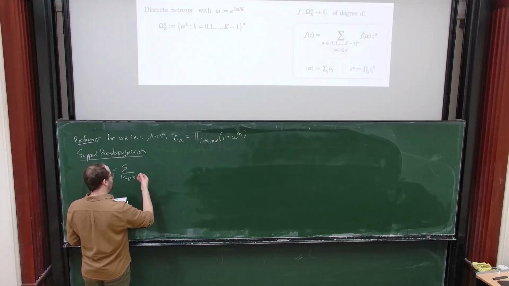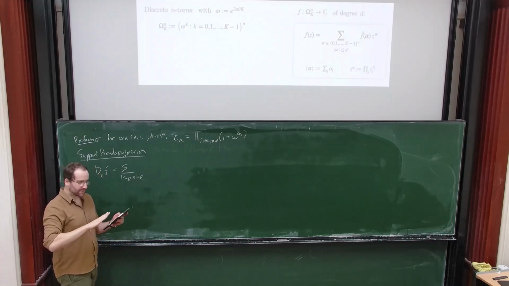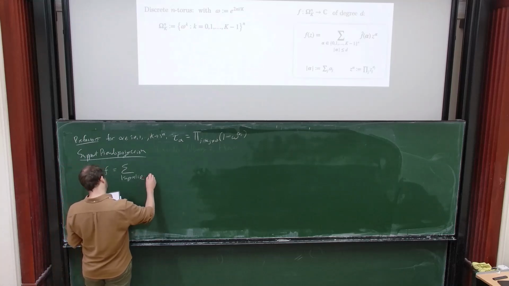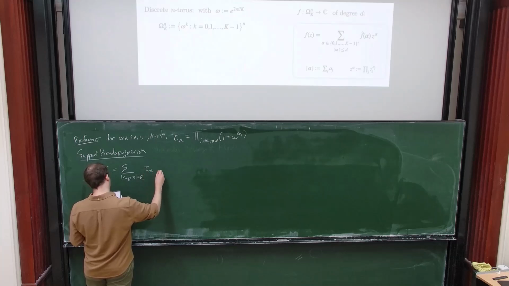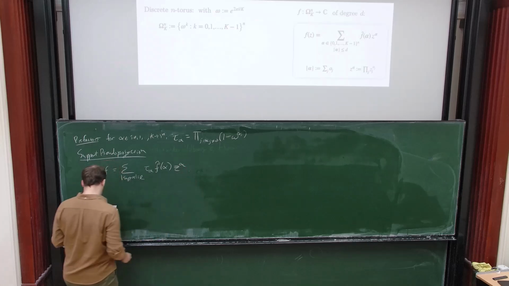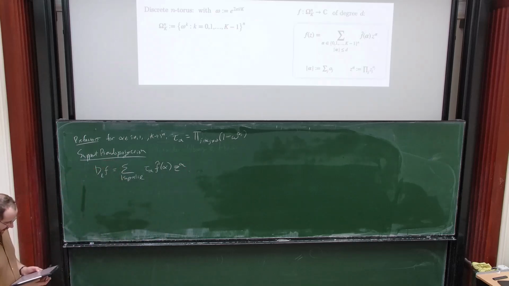And then it's not actually going to project onto this support homogeneous piece. It's going to do so with these prefactors. So tau alpha times the coefficient of z alpha. It seems like kind of a strange operator to define,